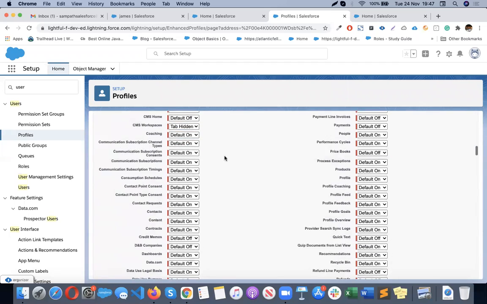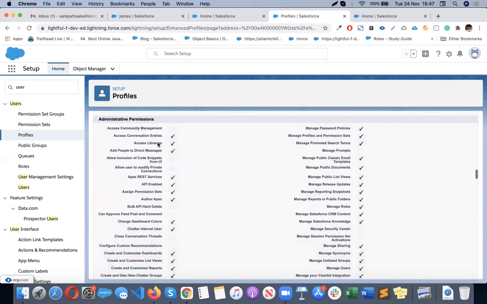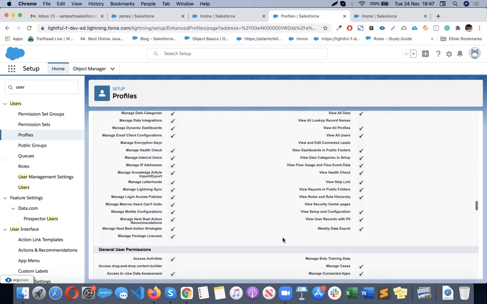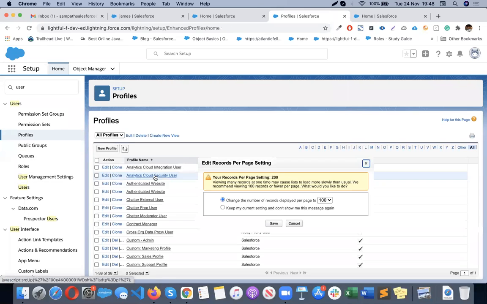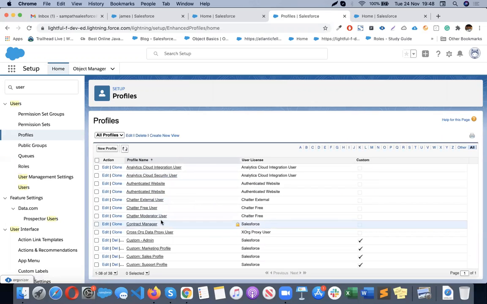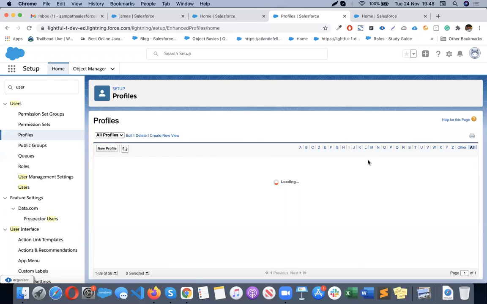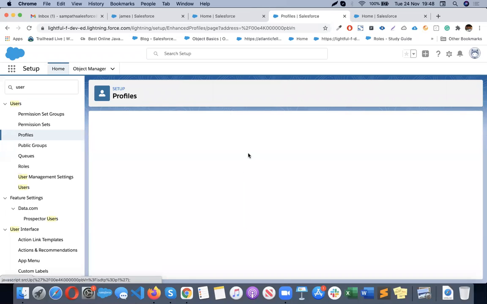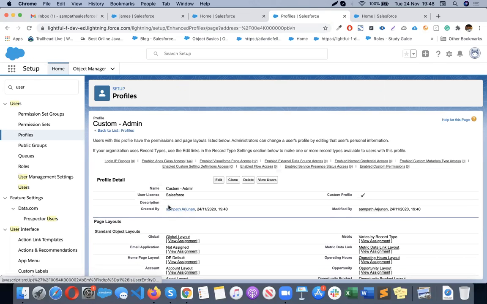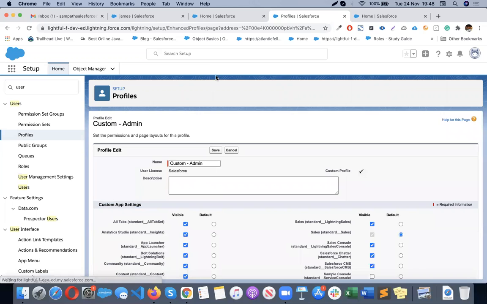Okay. Again, other than the tab setting and application setting, we cannot modify any of this because it's a standard profile. So that is the reason I have created a custom profile, which is called custom admin. Now, if I look at it, I cloned the custom admin from the Salesforce license. Okay. And now if I edit it,